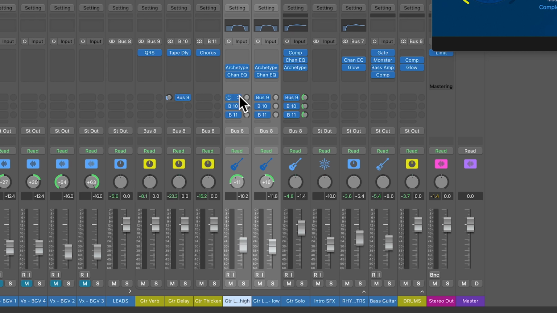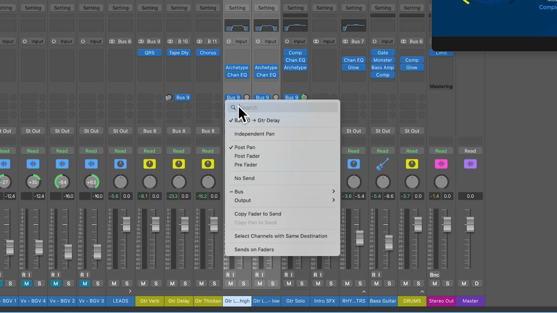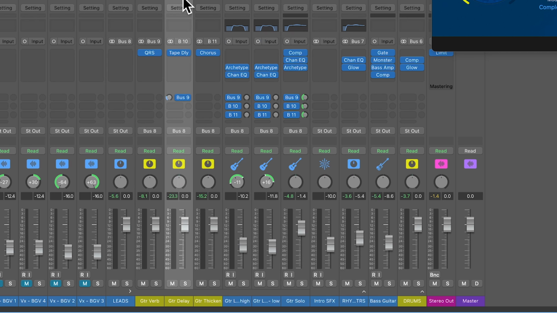So for tracks like the lead guitars that aren't actually a solo, but are panned, you may opt to use the post-fader mode. What that does is it puts the pan after the volume fader, so the volume fader still affects the send, but before the pan. So if you have tracks that are panned left and right, you're not going to be feeding just a signal on the left or just over to the right into the aux track. So you'll get a more centered time-based effect for those tracks,